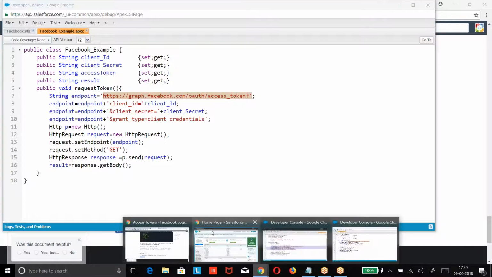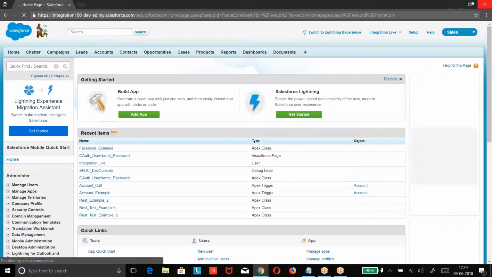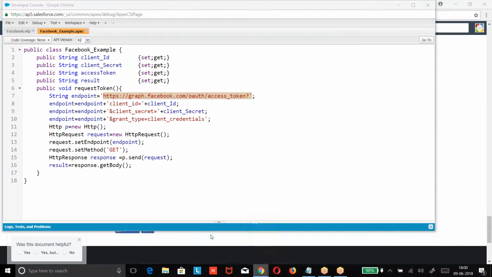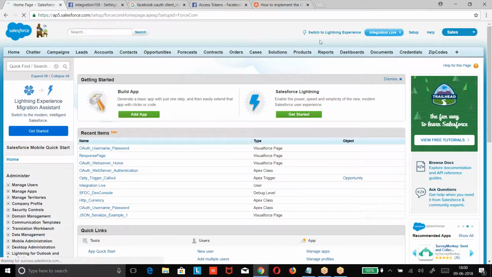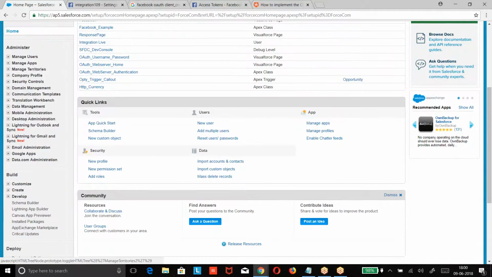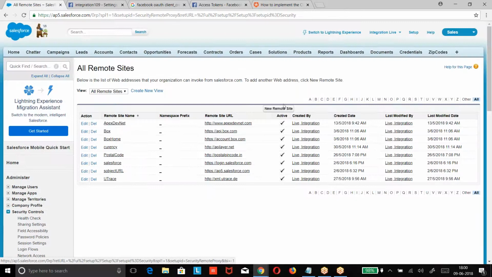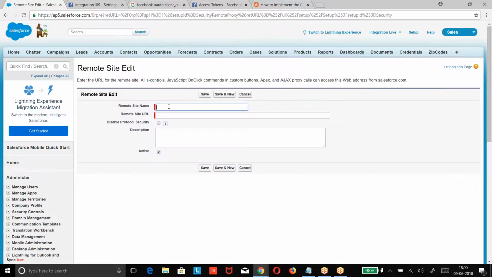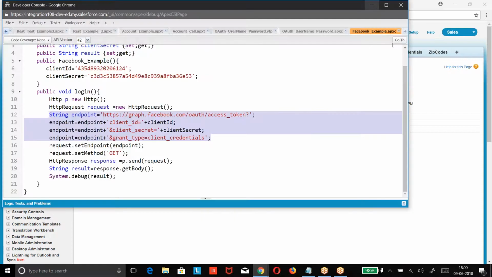So go back to these security controllers, remote site settings. Good. So go back now.